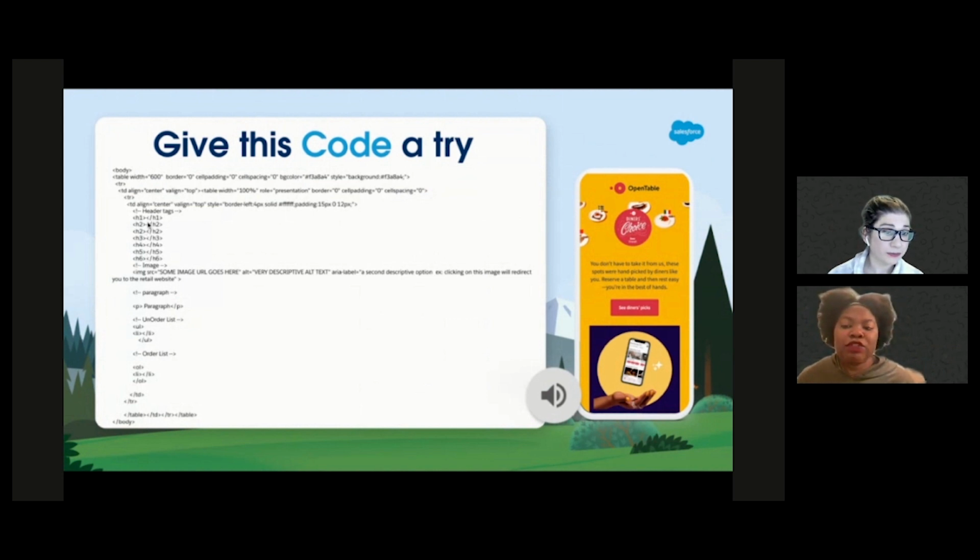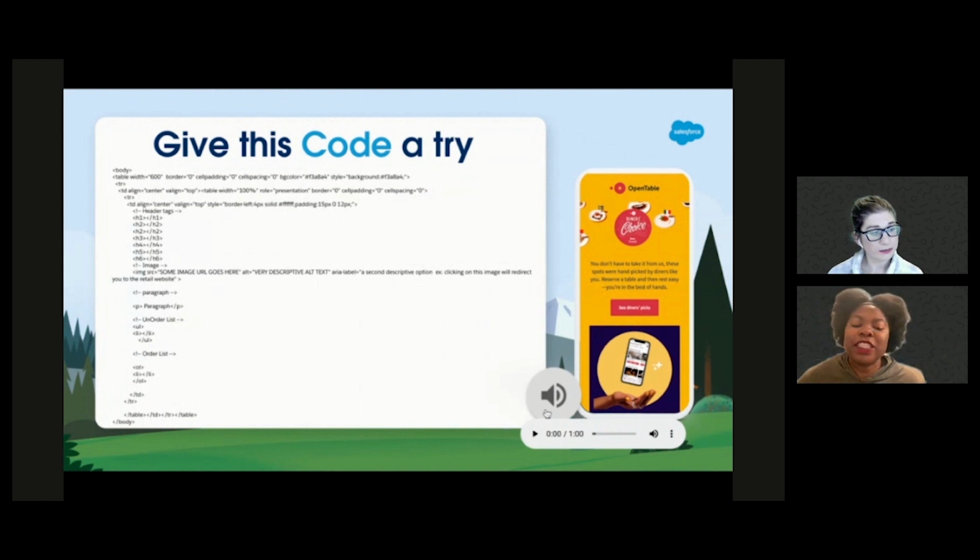Use your headers. These are really important. Use some heading tags. Make sure your images have an alt text, but also make sure they have an ARIA label as well. Use those paragraph tags. Use those list items. Just think that you have a family member who is visually impaired, but they're also a rich family member, and you really want them to buy your products. Make it so that this is very plain to them. Now, listen to this. This is when it's done right.